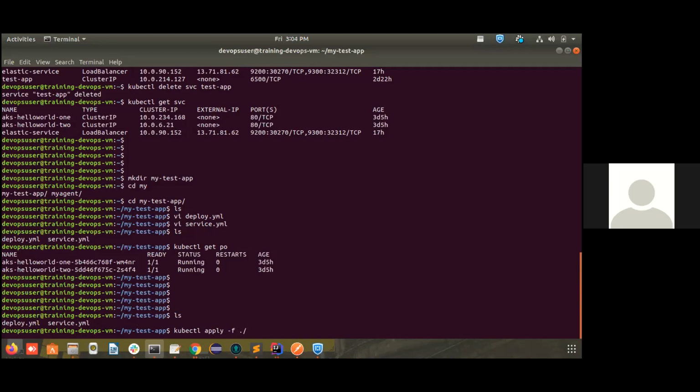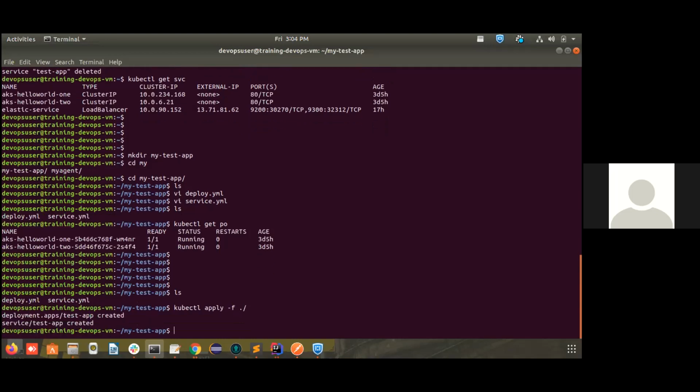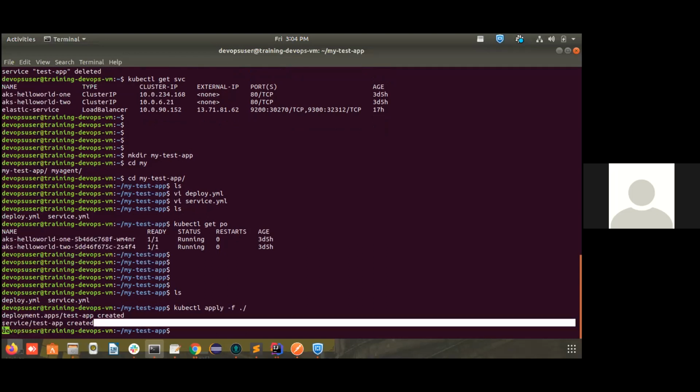I'm just mentioning a dot, so that will take and deploy all the YAML descriptors present in the current folder. Usually I should also mention the namespace, but as I said earlier, I'm not using a namespace because I have kept it as the default namespace. So I'm running this command, and you can see one deployment is created and its service is also created.